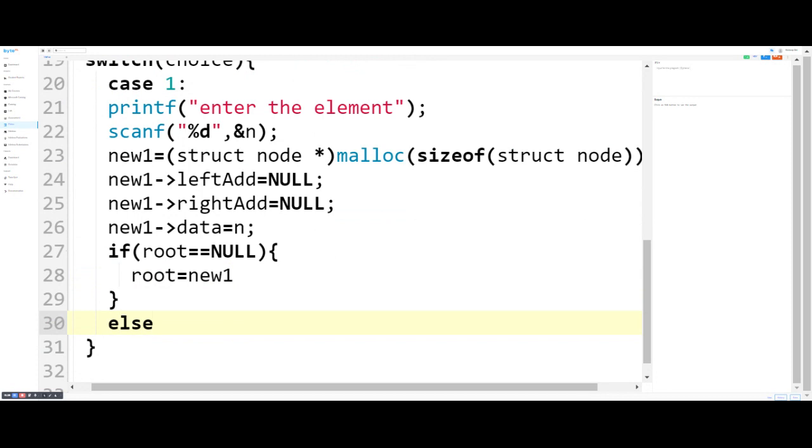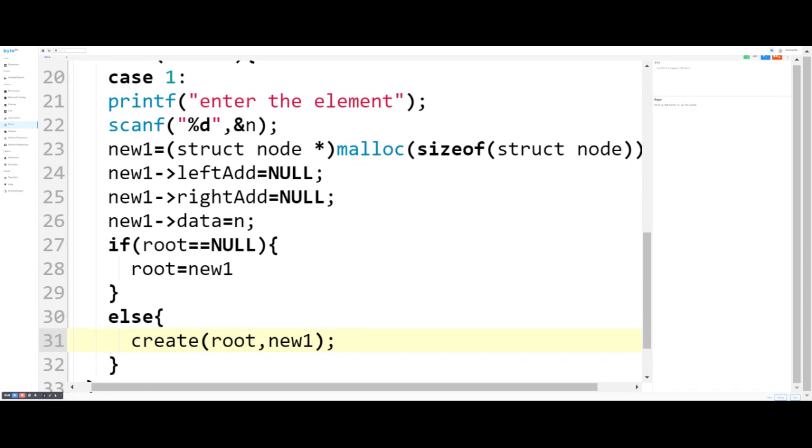If your root is not empty, we have to create another memory block. We call a create function, and it will take root and new one. This is a recursion.